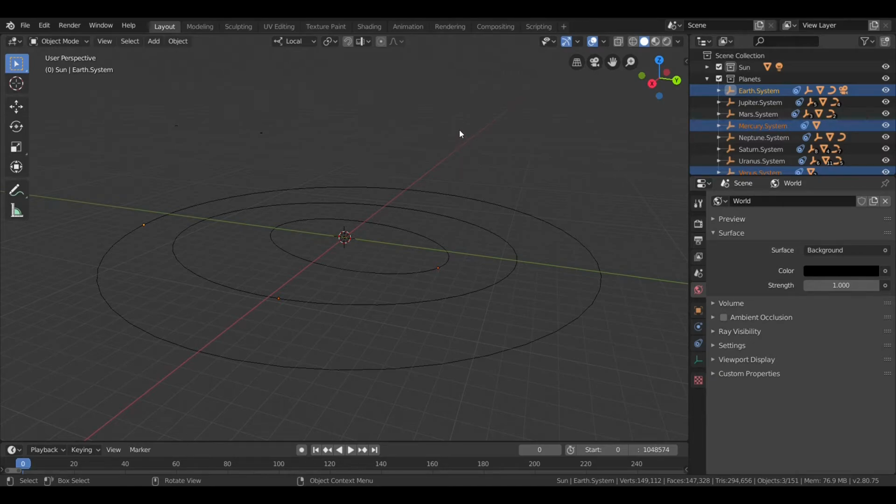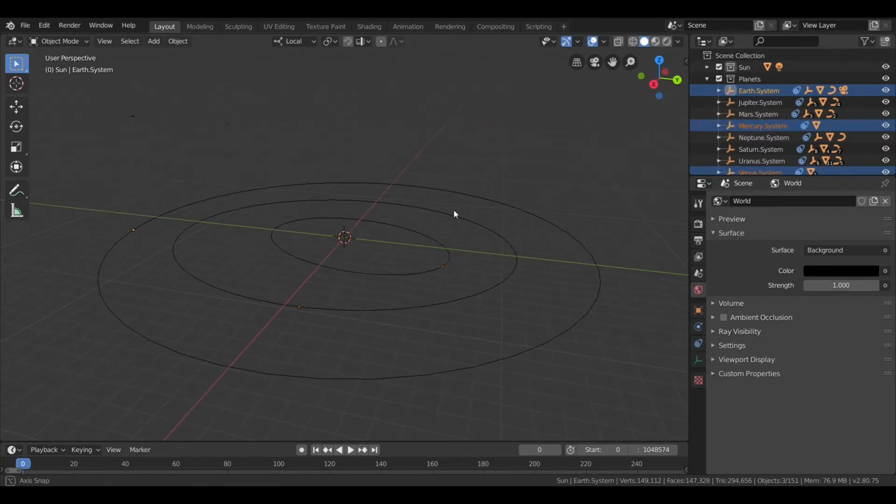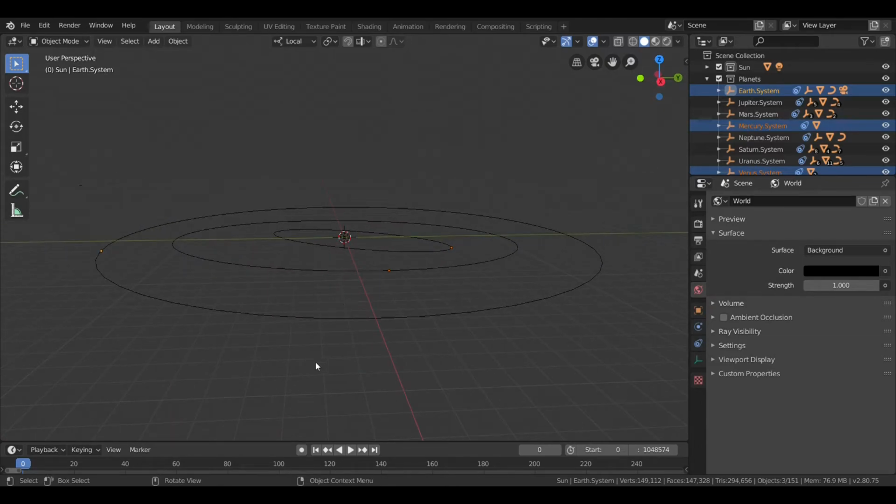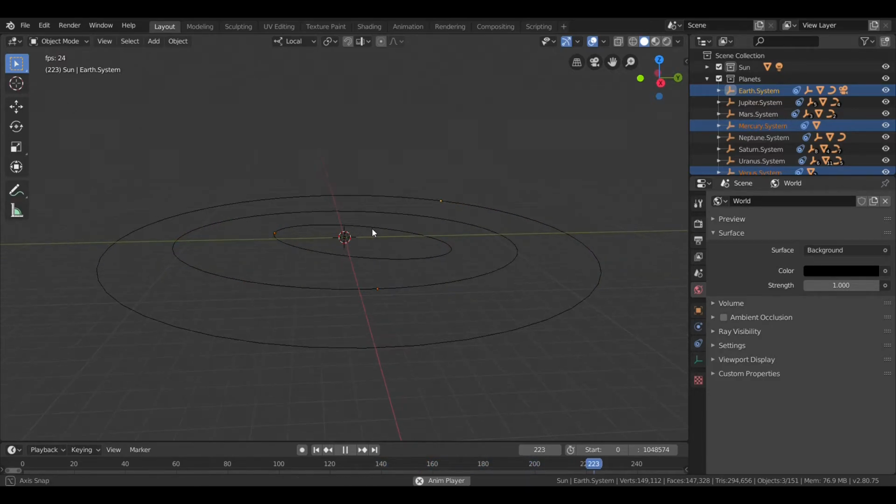So, back in the solar system, I have added in Earth's orbit. Now, Earth takes about 365.256 days to orbit the Sun.